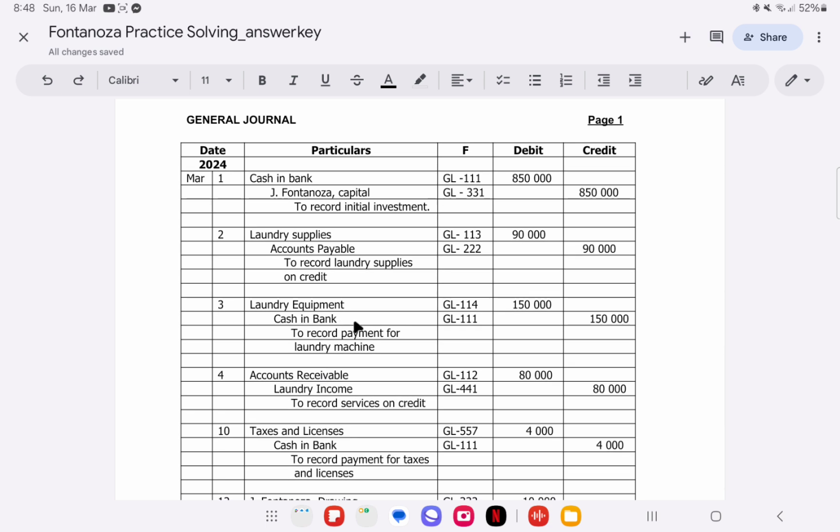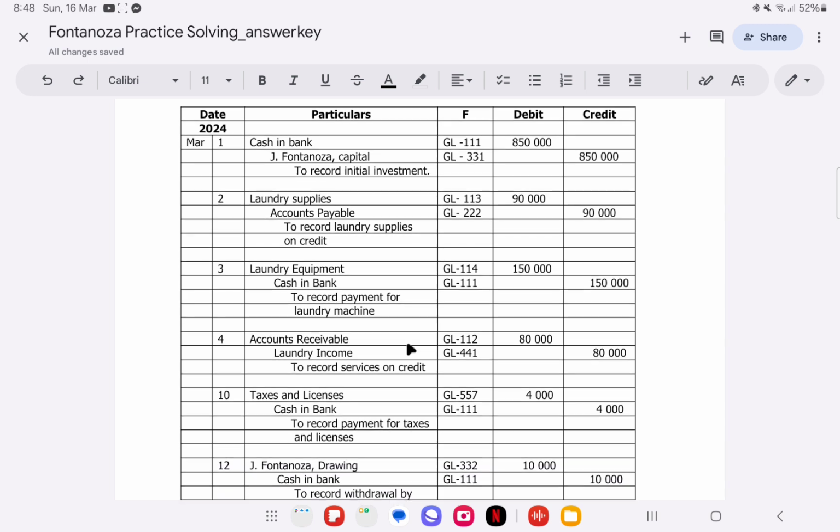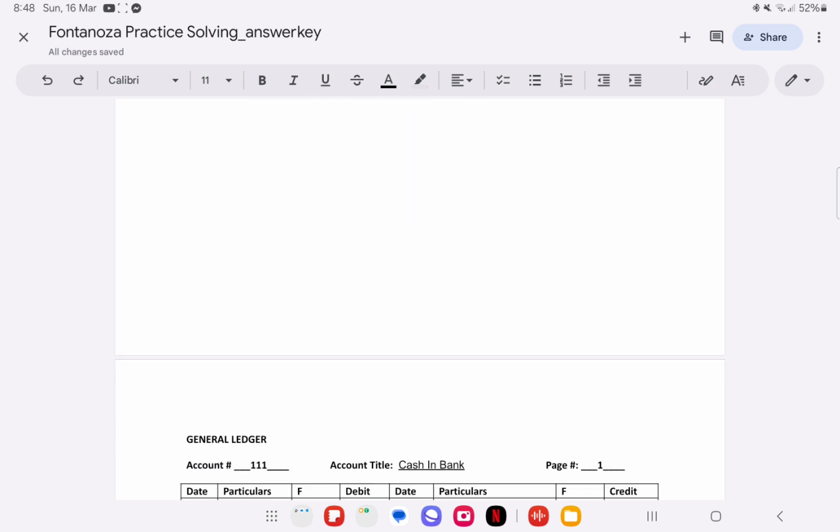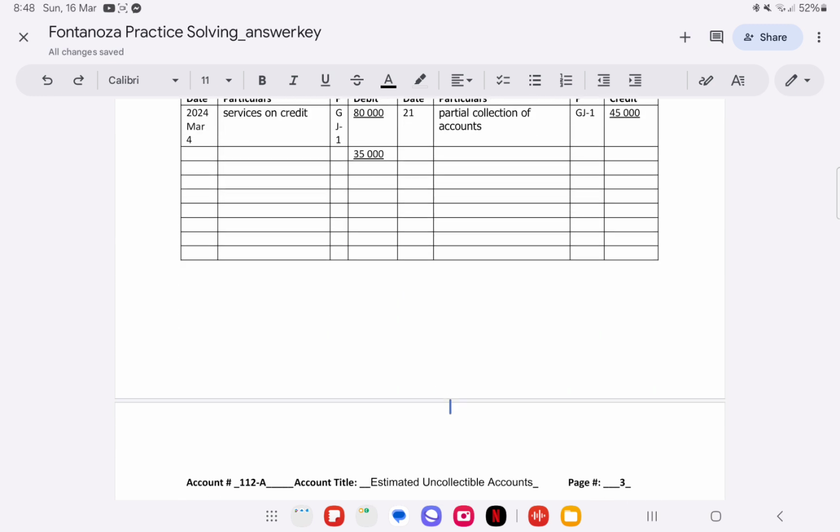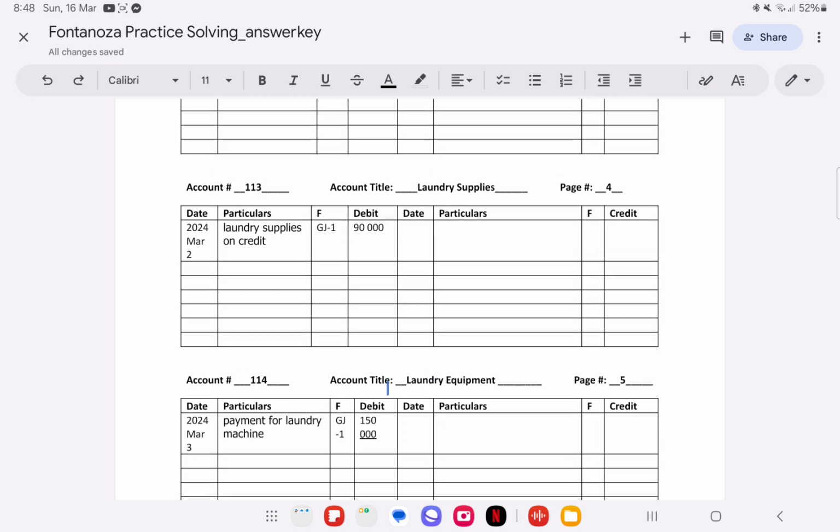March 3, laundry equipment, 150,000, cash in bank 150,000 to record payment for laundry machine. So laundry equipment, find the account title of laundry equipment. Okay, so 2024 March 3, payment for laundry machine, since you are purchasing a laundry machine for you to start your laundry business. So that's GJ1,